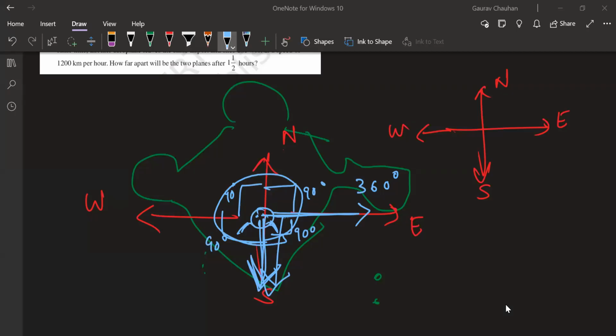Now here, you just need to understand this much. Just remember like this. If you are looking east, that's something you should remember. If you are looking east, your eyes are facing this direction. North is on my left. And south is on my right. Obviously, west is behind you, looking east.